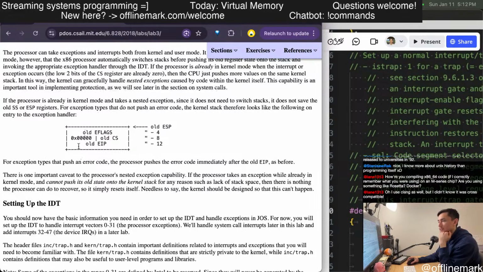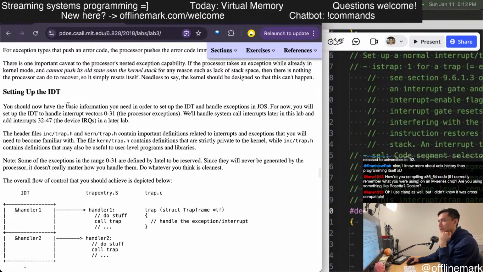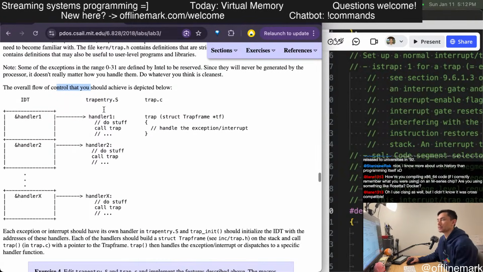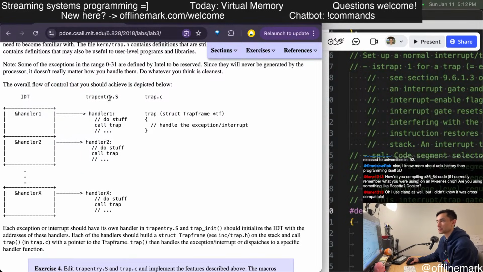Nested exceptions. The overflow or overall flow depicted below. Okay, so